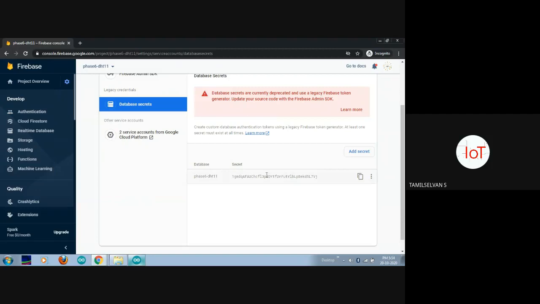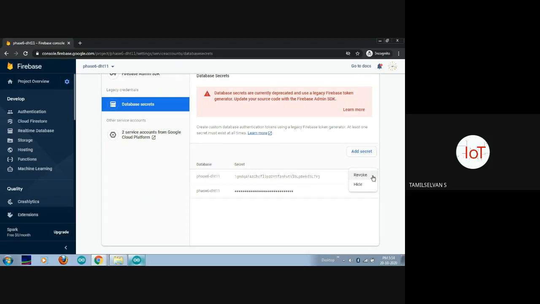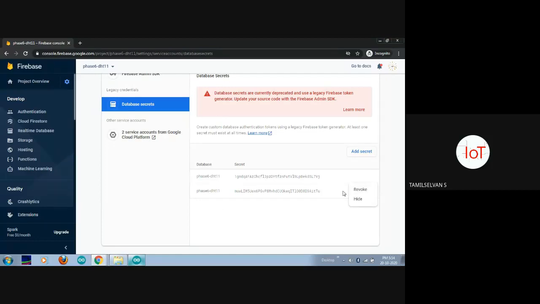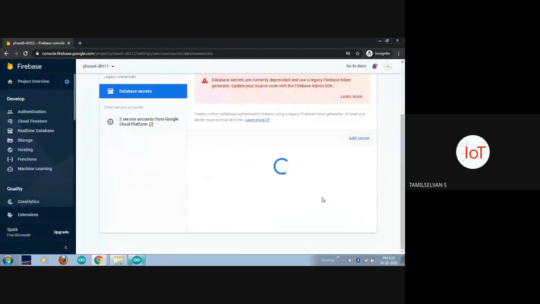And even if you want to create more secret keys, then you can simply click add secret key, so that it will create as many secret keys as you want. Because for different applications, I can use a different key. Even if I don't want to use a key, then I can revoke that particular key, or even I can hide a key. So here this one is a newly created key. If I don't want to show it to a third party, then I can simply hide or revoke my key. So this feature is there.